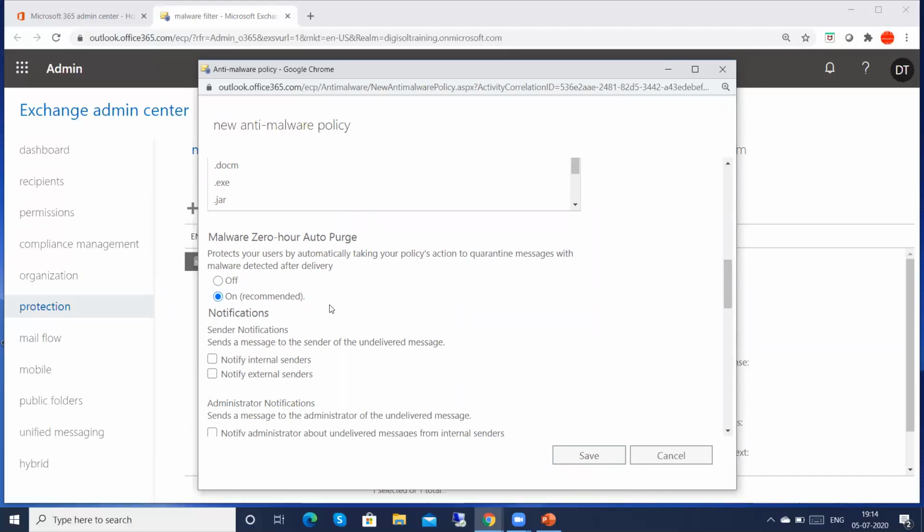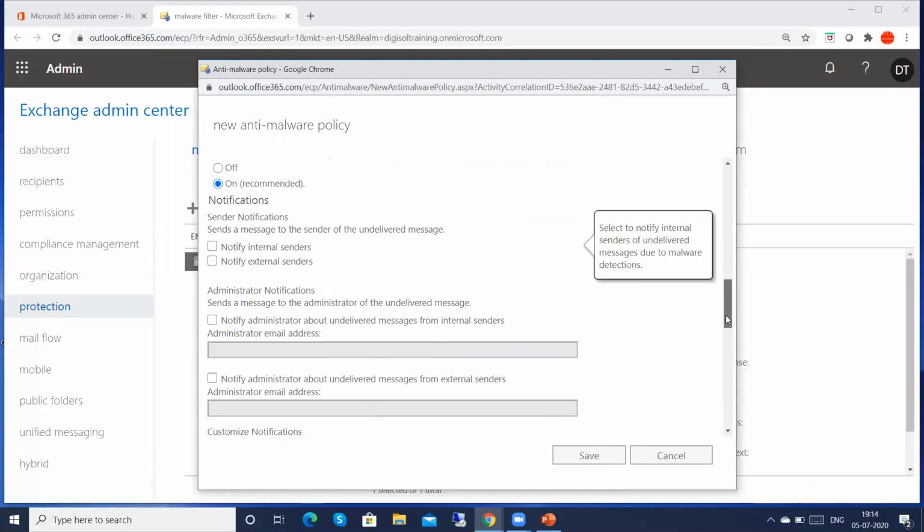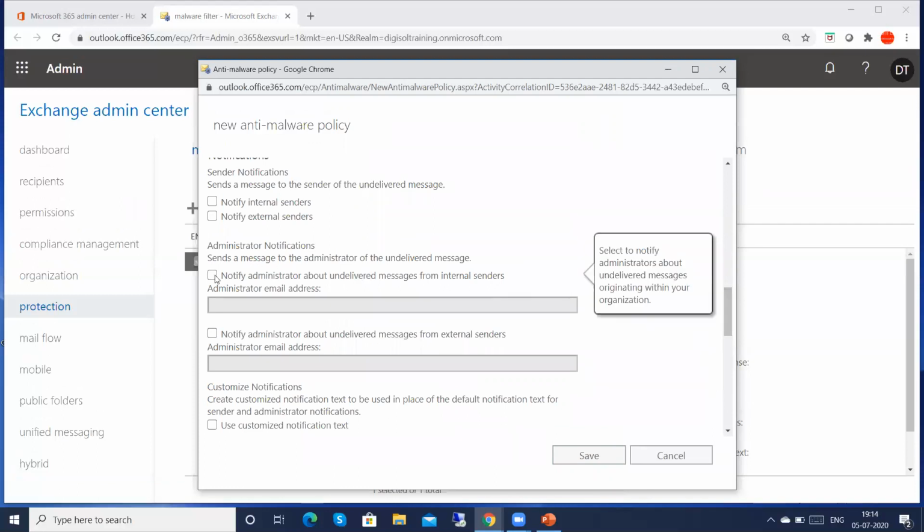Notification, you can send the notification after detection, right? Automatically quarantining the message, notify internal sender, notify external senders. You can define that, and also a custom email address can be added here, to whom to send the admin notification.